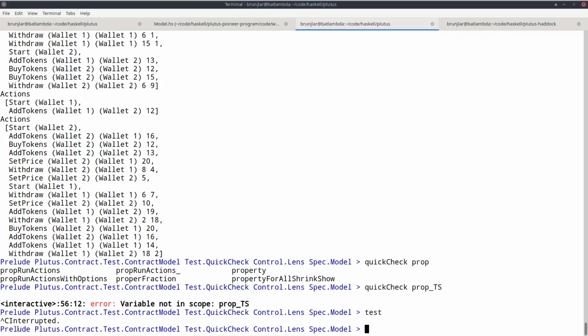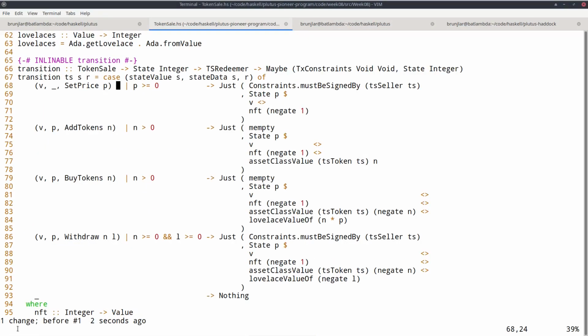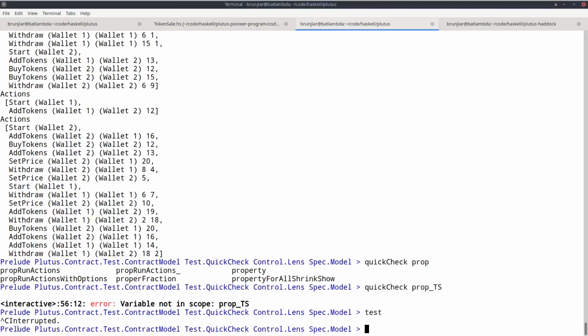Probably it's more interesting to implement a bug in the actual code and see whether these tests will find it. For example, set this transition. We insist that only the seller can change the price. But let's say we forgot this, so we don't post that condition.